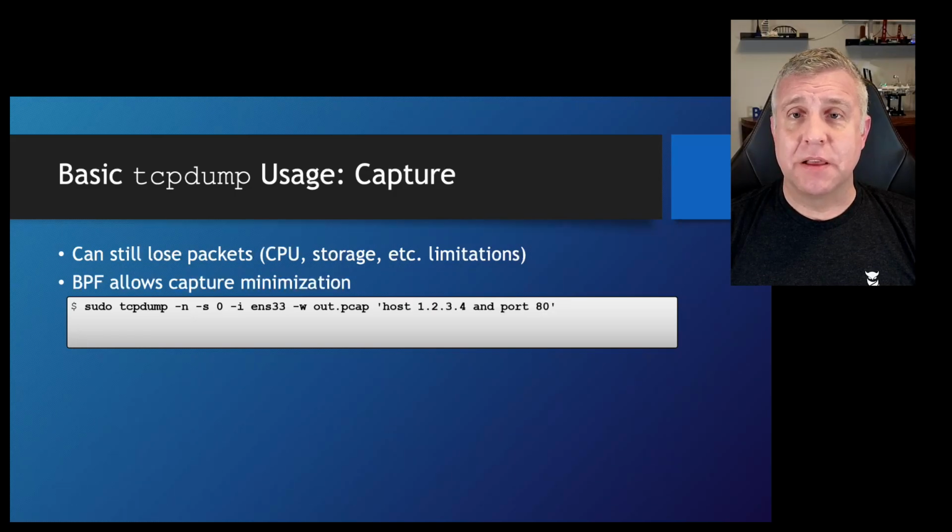At the end of this command line, though, I also specified a BPF. Now, this BPF that you see here is in single quotation marks, which tells the shell to treat the entire BPF as one single statement. It means ignore the fact that there are spaces in there and pass off the entire BPF string to tcpdump. I generally find this is best practice even when it's not strictly necessary,